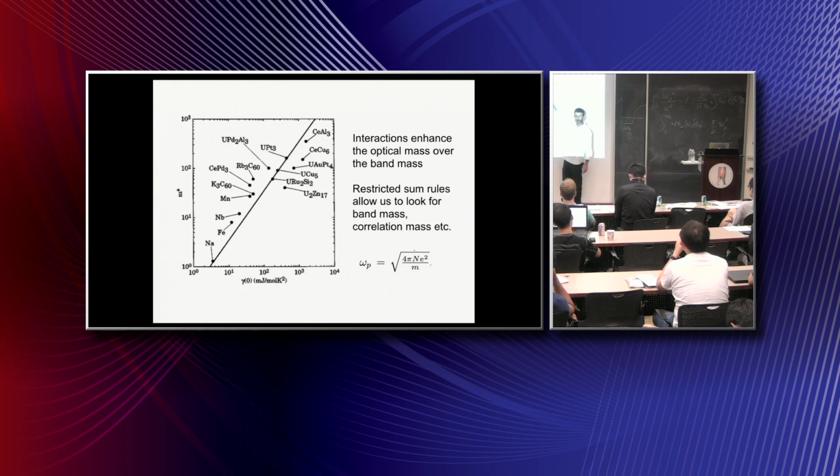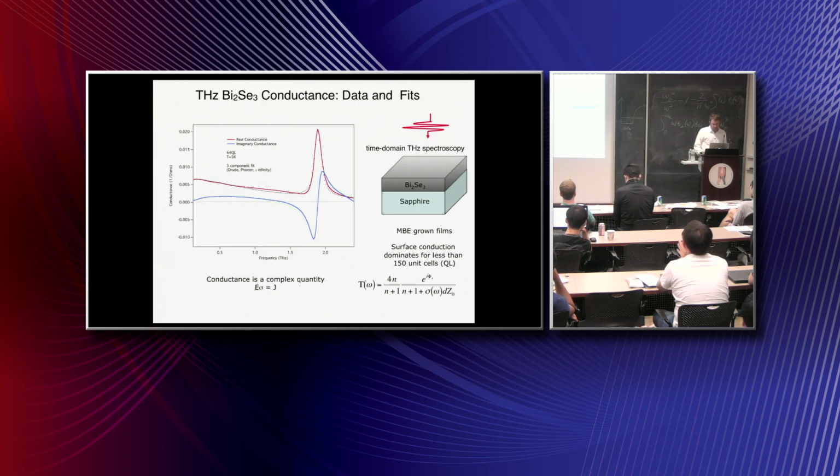Okay? So they observe some kind of low frequency Drude peak and integrate over it and get the spectral weight out. Another example of using sum rules is work that was done in my group on topological insulators. These are optical conductivity experiments done with time-domain terahertz spectroscopy on a thin film